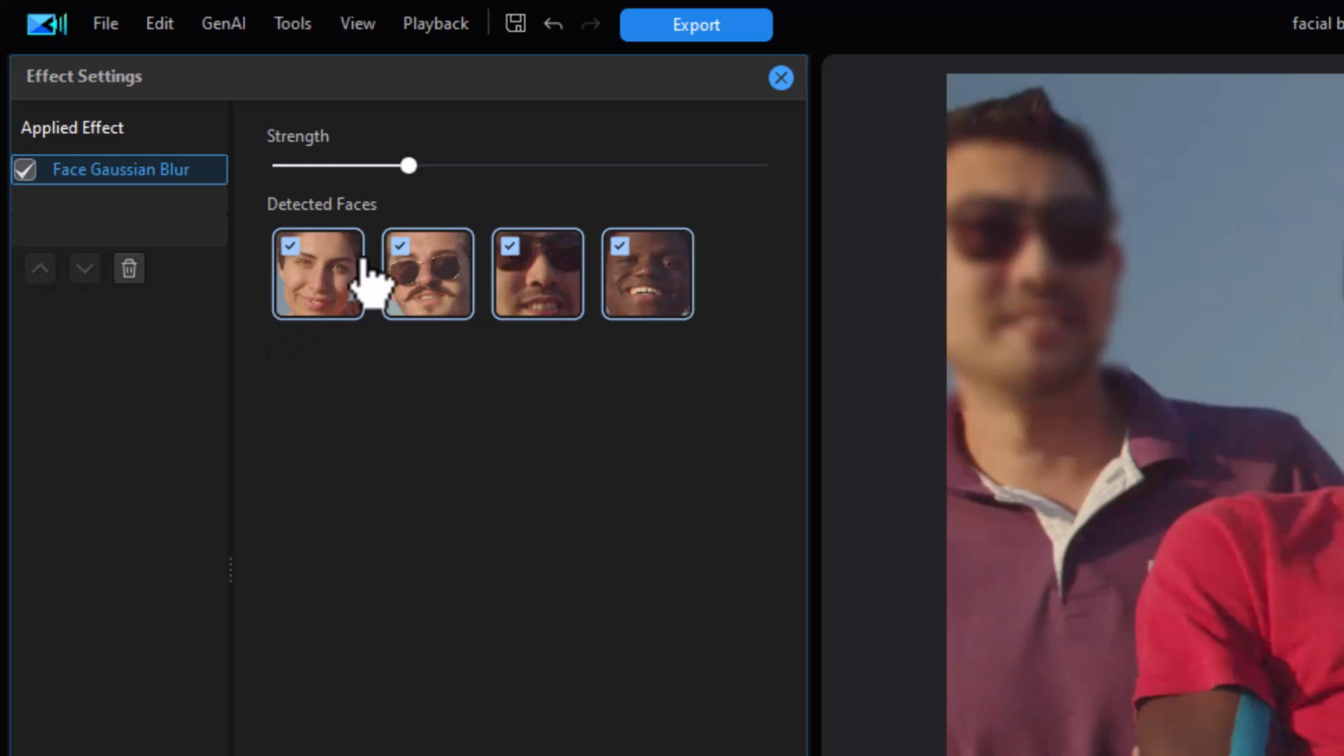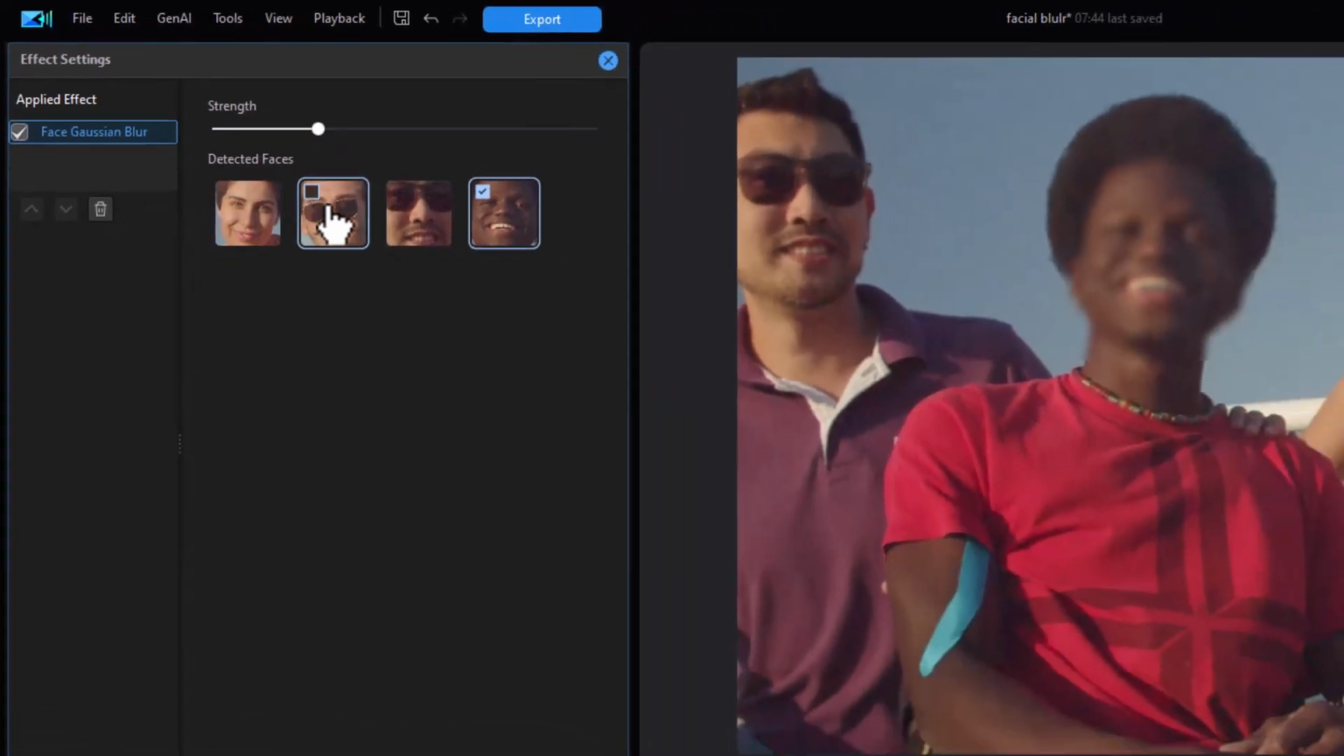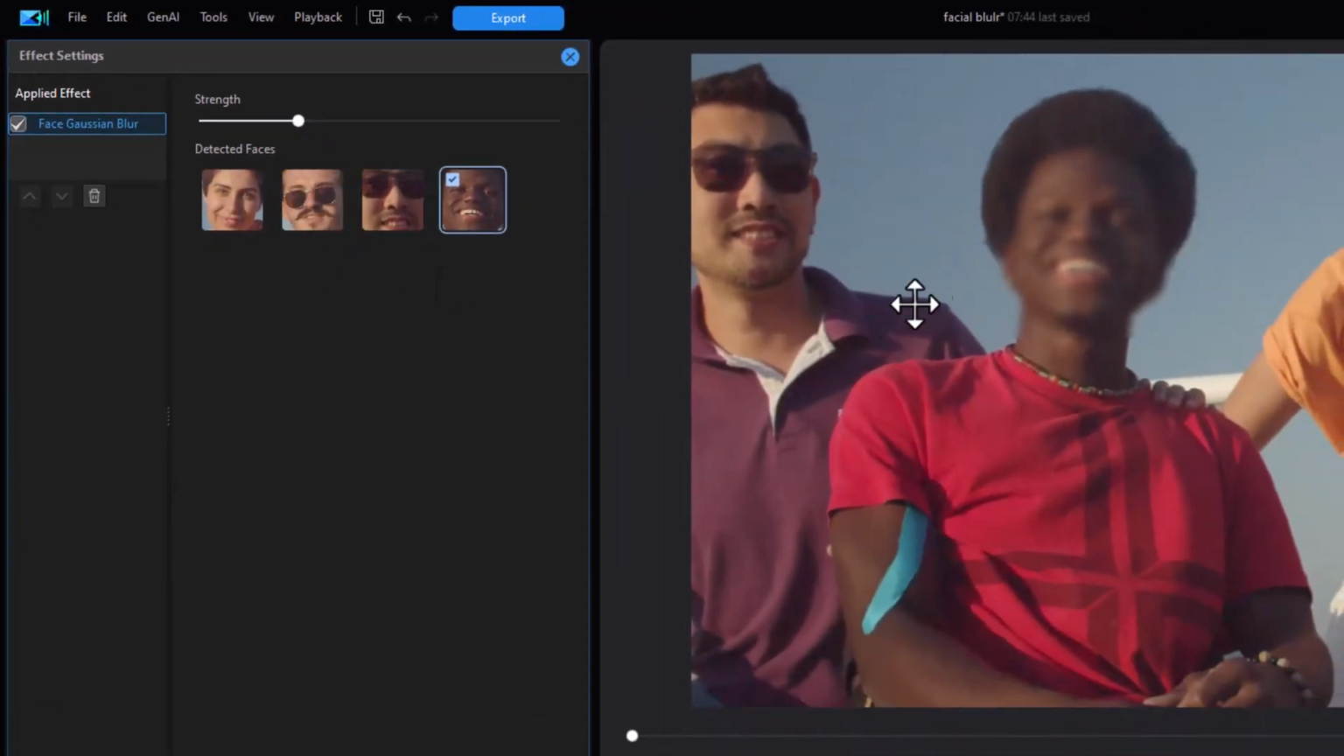Now here it tells me the faces it detected and the ones it will blur. It's going to blur all of them. Let's assume I just want to blur one of the faces, so I'll uncheck the other three, and now I'm blurring this gentleman's face. And now I can choose the degree of blur. I cannot choose the shape, but I can choose the strength. So when I play this clip,